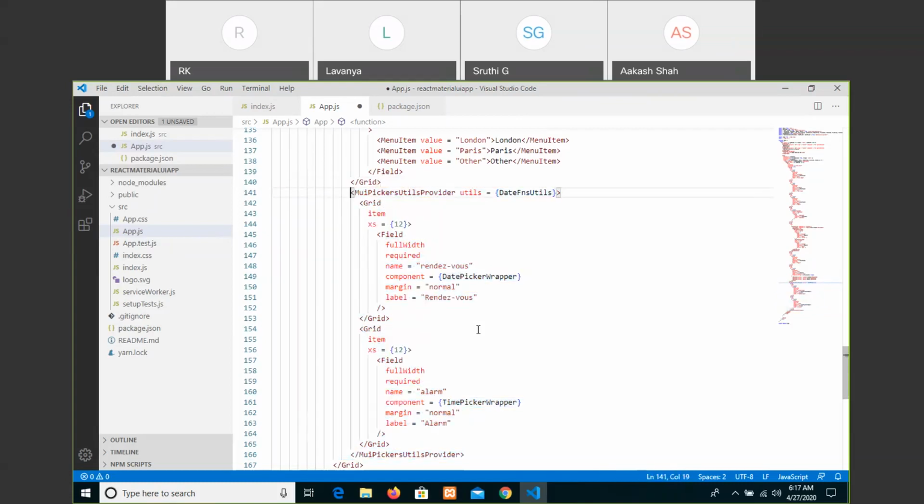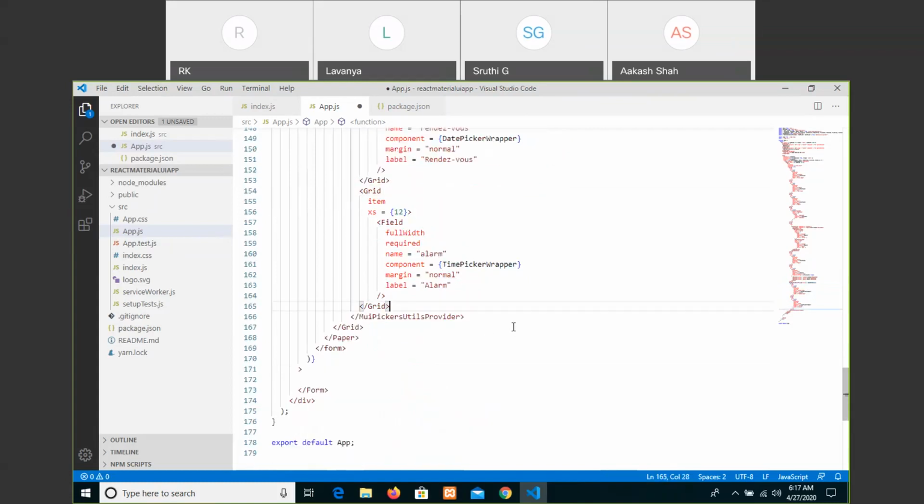Let me write this one. Here, it is not a point of any date or time, so no need to specify attribute. And then in property, we can see.